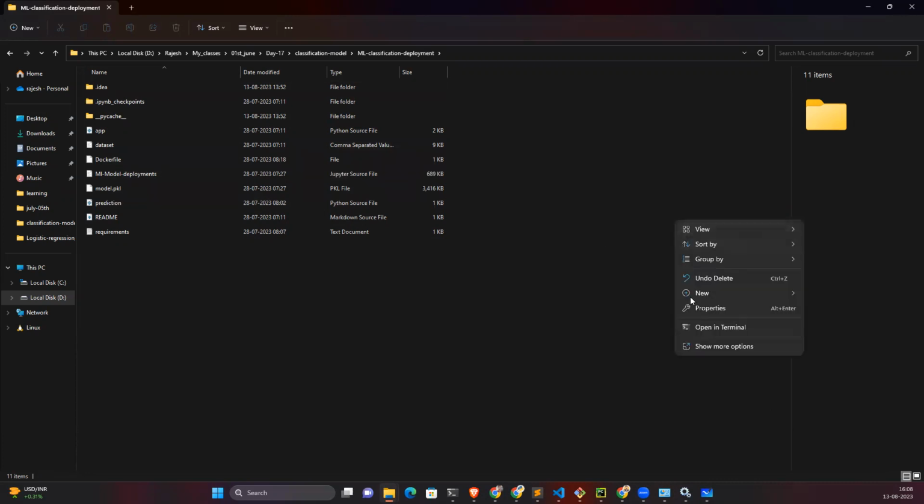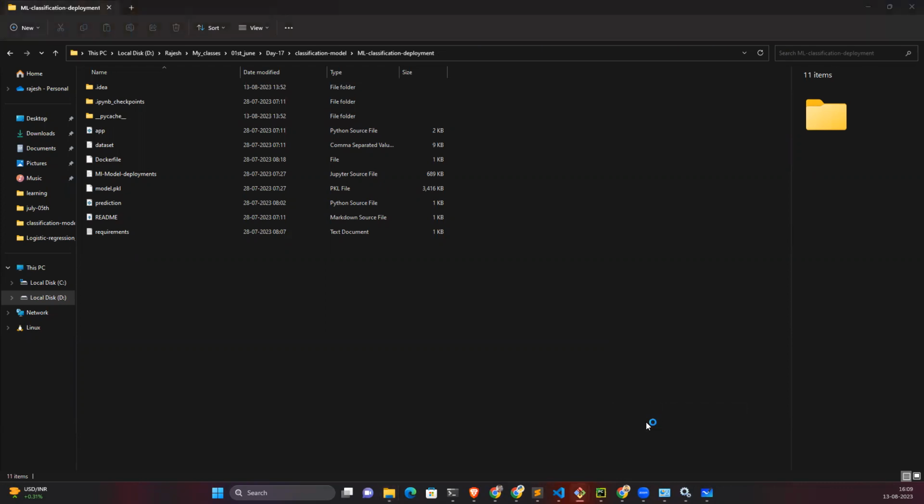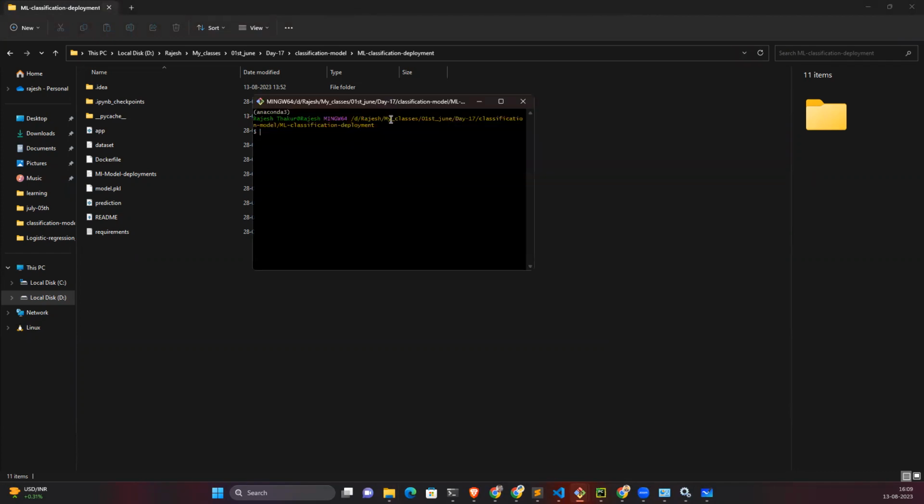Run. Here is the option. If you right click on this folder, show more options, you will get the option Git Bash Here. If you already installed Git, then you will get this option. If you are not getting this option, do let me know. Are you getting these options? Cool. Click on Git Bash Here. You will see a black color window open.